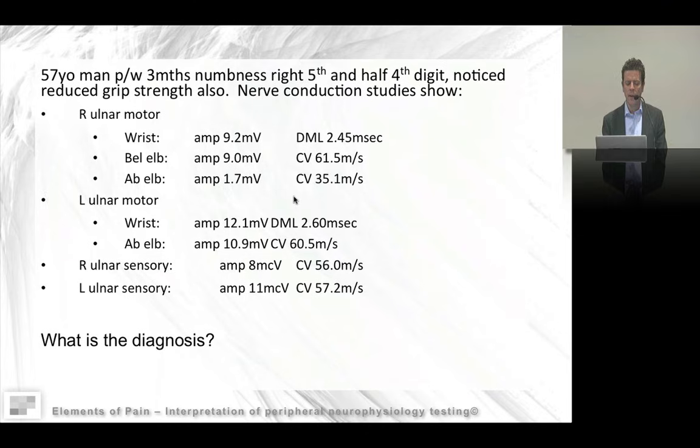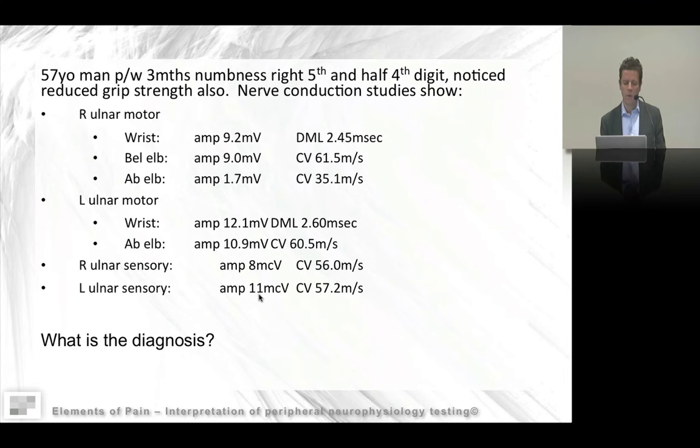We then go on and look at the study on the alternate arm, the unaffected arm, and between the wrist and above the elbow there's no drop in the amplitude, and the conduction velocity is normal. We then look at the sensory responses. The patient has sensory symptoms here, but the amplitude of the response is actually 8 microvolts, which is basically the same as the other side. So despite having sensory complaints, there's no drop in the sensory response. That might make you wonder what's going on, but essentially